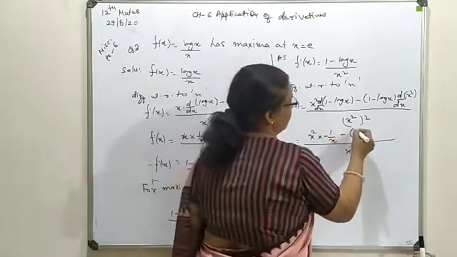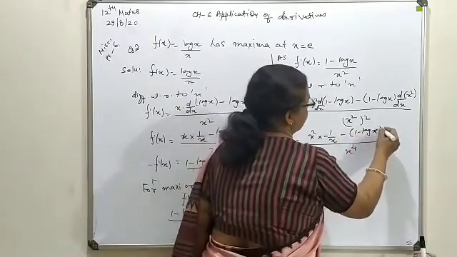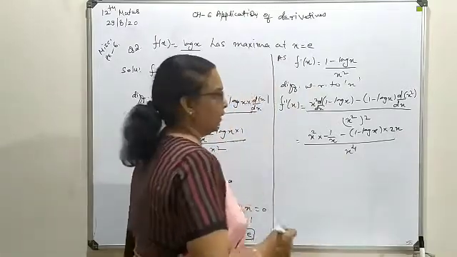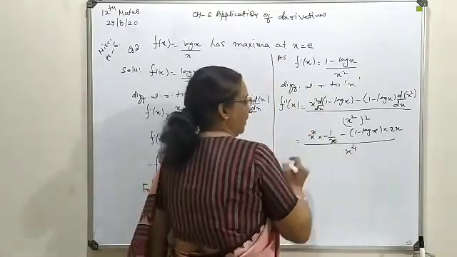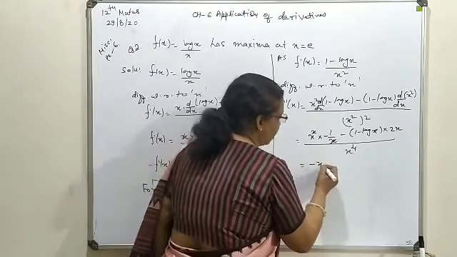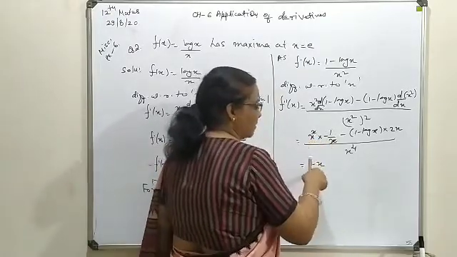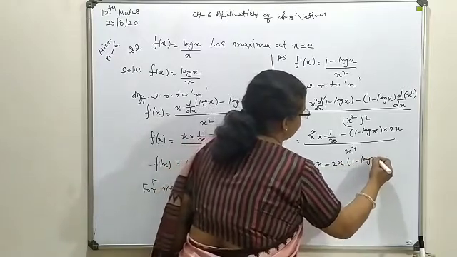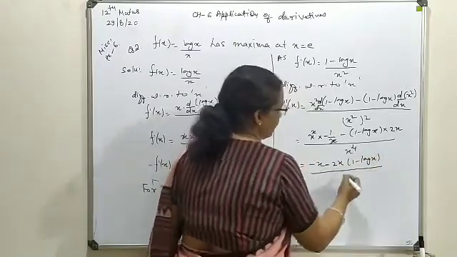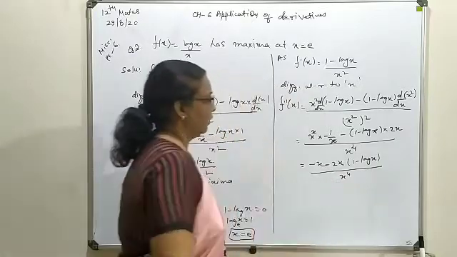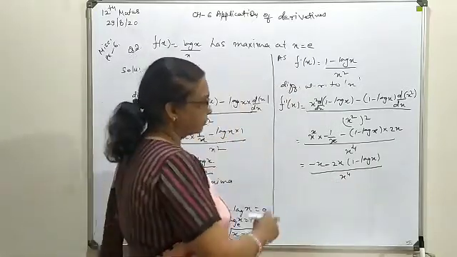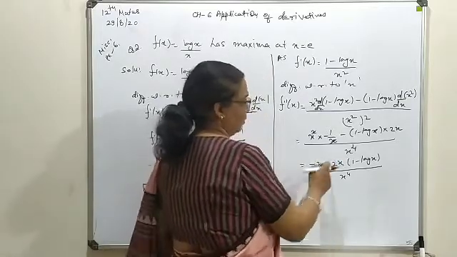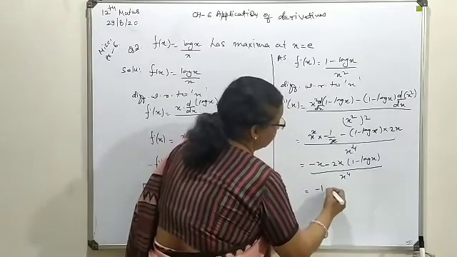Then minus, you keep as such, 1 minus log x, differentiation of x square means 2x. Now here we try to make some more simplification, cut x to x, here you will be left with minus x minus 2x, 1 minus log of x over x power 4. Now here you can see that x is common over here, so it can be sorted out, minus 1 minus